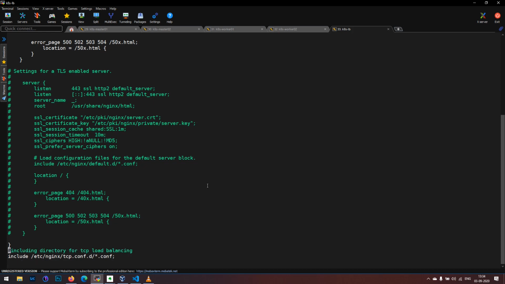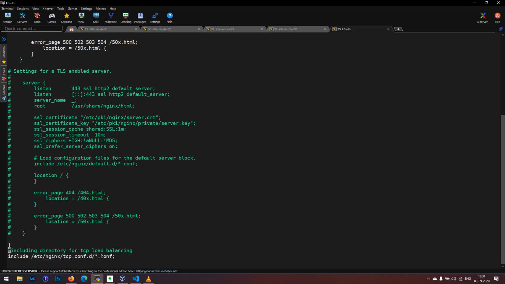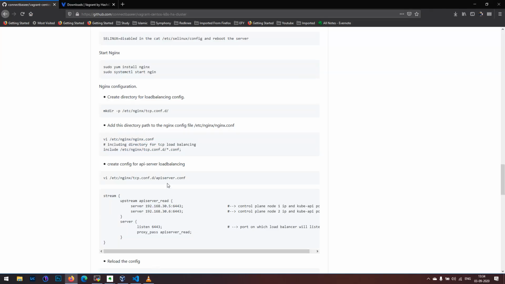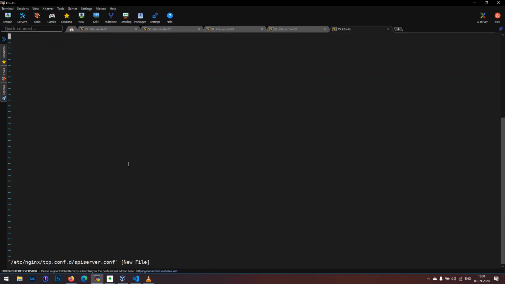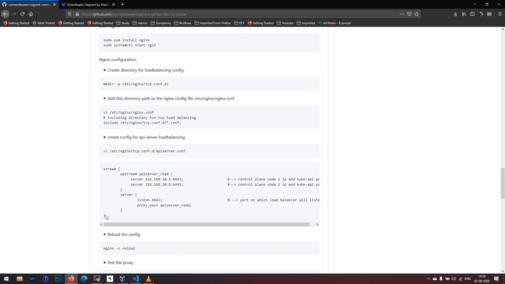Here is the directory which we have created in the previous step, and we are just telling the nginx config that everything inside this directory with the extension .conf should be considered to be a config file. So I'll just come out and I'll create a file inside the directory which we have created with the name api.conf, and I'll just add this config